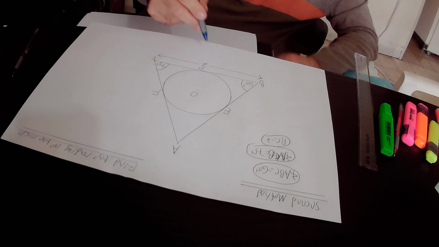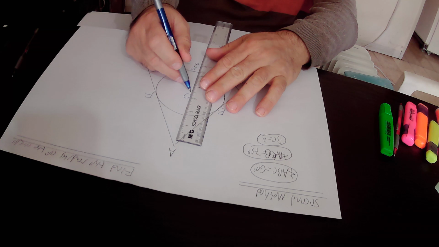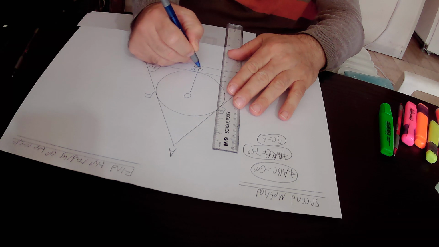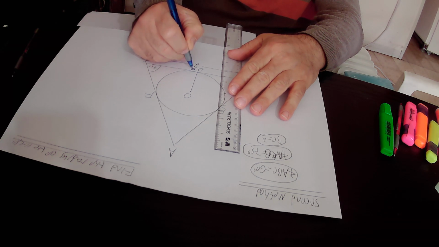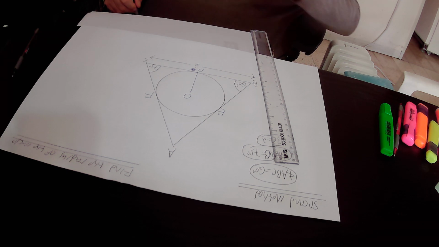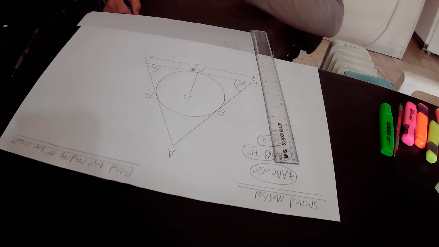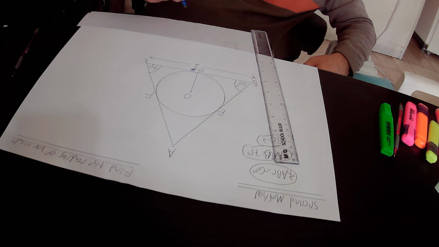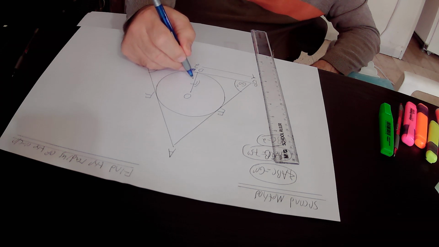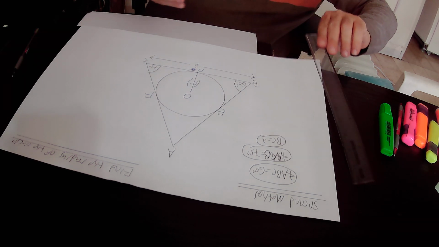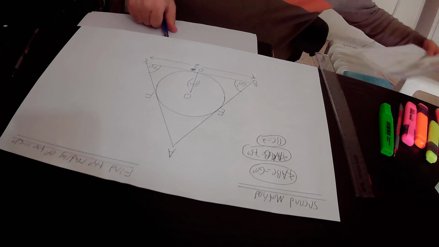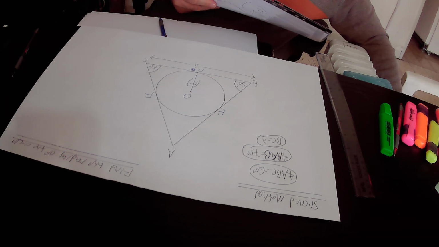We will join points O and D together by a straight line. Point O is the center of the circle, point D is a point of the circle itself, therefore OD is the radius of this circle. We will define the radius of this circle as R, so OD equals R. We can implement here rule number 1. What is rule number 1? According to rule number 1,